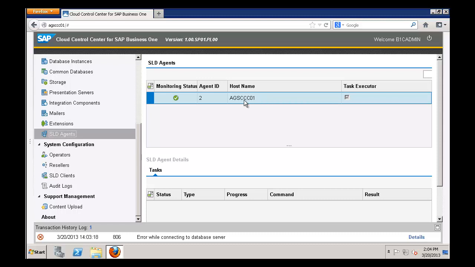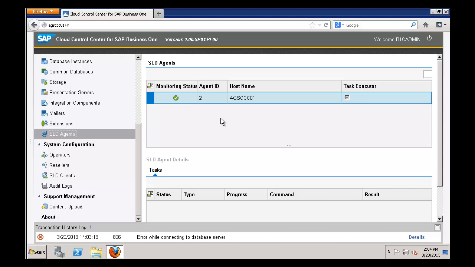So if you've installed the SLD agent and it doesn't appear in here, then you know you've made a mistake somewhere in the SLD agent. The most common mistake when installing the SLD agent is, number one, you forget to use your SAP Servers B1C username as the username to run the service, and number two, you put in the wrong URL when it asks you. All right. So I'm now going to go and install that SLD agent on the other machines, including the